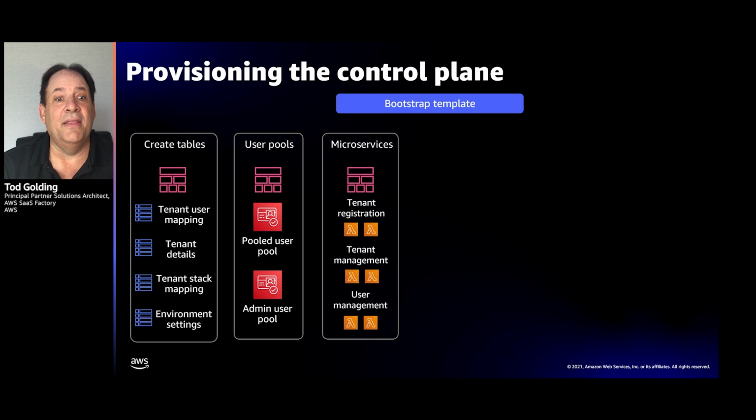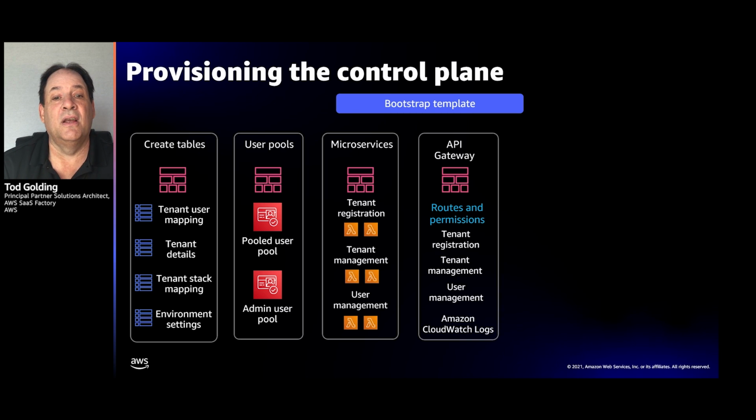And then we have to provision the actual microservices, right? Before I showed you in that control plane, we had user management, tenant management. This is where we provision and configure all of those microservices. Now, these are Lambda functions, but they're Lambda functions in what I would call a logical or a composite sort of microservice where multiple functions are part of one microservice. So tenant management is composed from multiple Lambda functions. You'll also see that we set up the API gateway here.